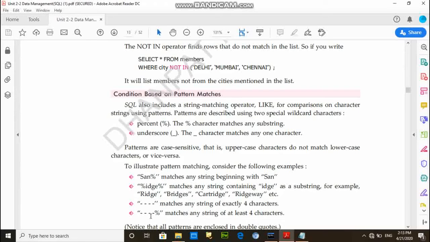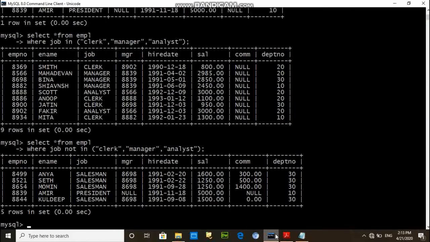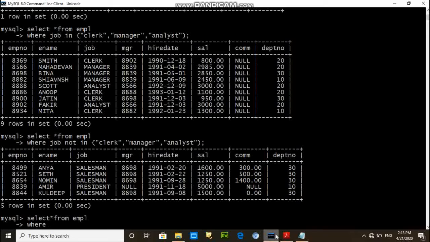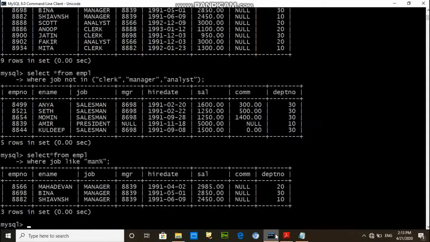And 4 characters and percentage means we can show the starting 4 characters, and after that many characters, of those employees. For example, that's clear.